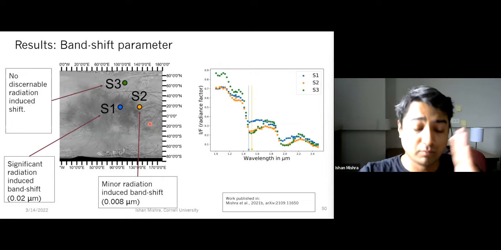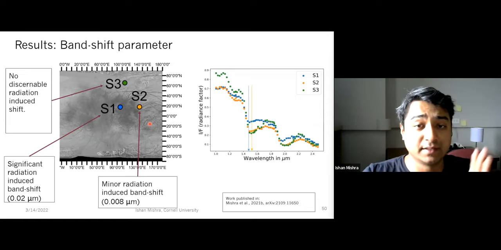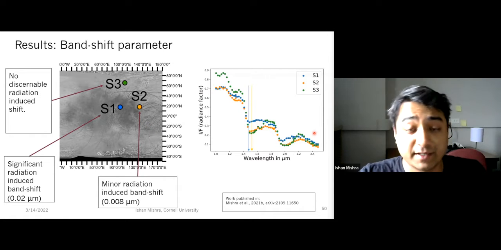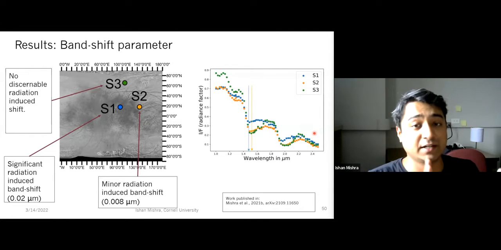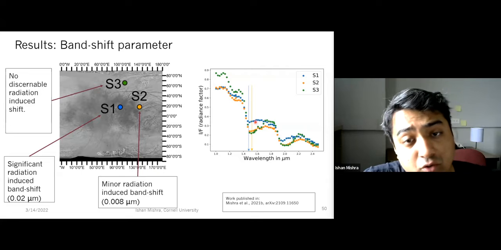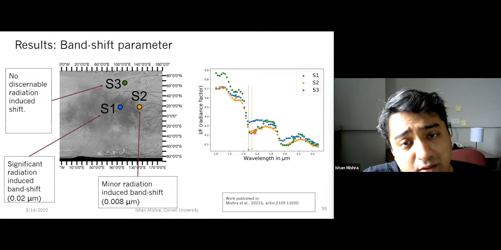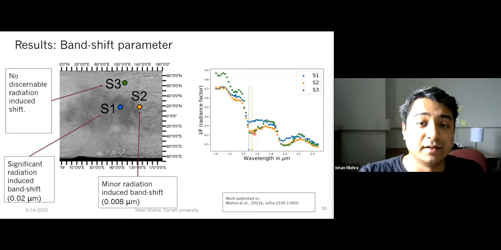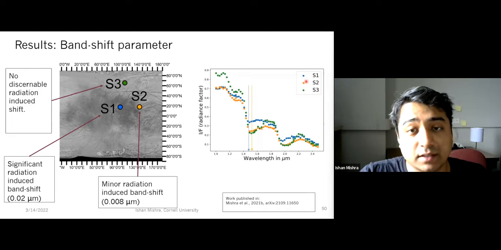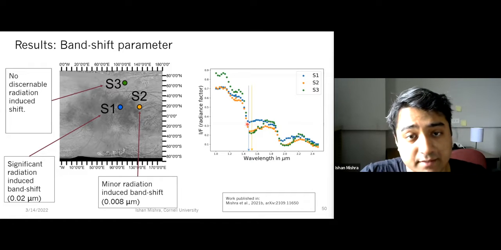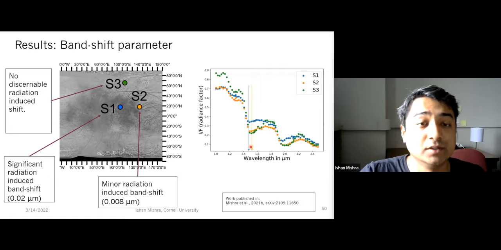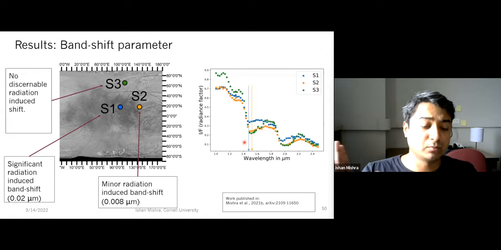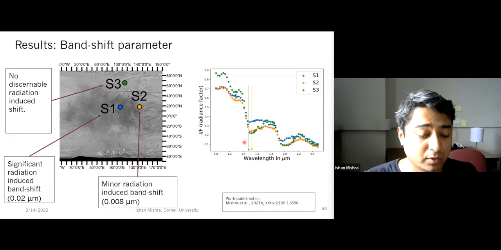Band shift: I said that the Europan data set does show shifting in bands of water hydrates. So water hydrate bands are getting distorted, and you see here that S1's band is visibly shifted as compared to S2. And so we also had a parameter that would account for that shift, because we didn't want the abundance parameters or the grain size parameter to be